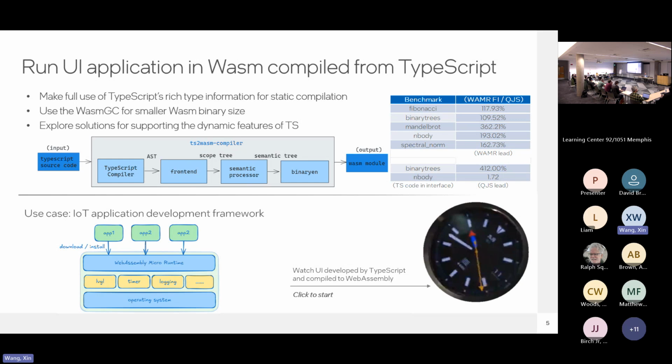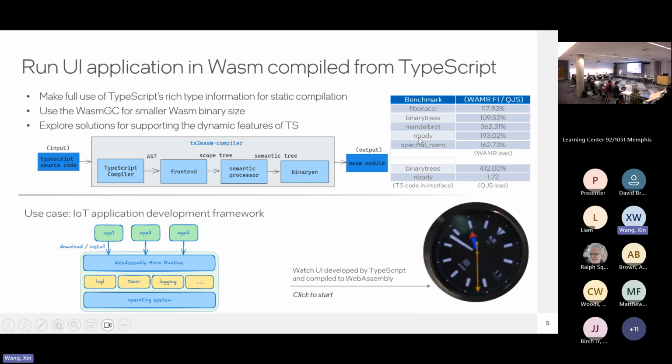So they need some dynamic features to construct the user interface framework. So we can still support some dynamic language features of TypeScript, like the any type and object. There is an open source project called Wasmnizer-ts for compiling TypeScript to WebAssembly, and here is